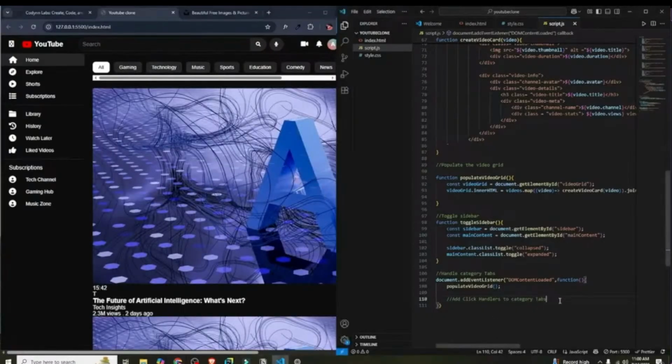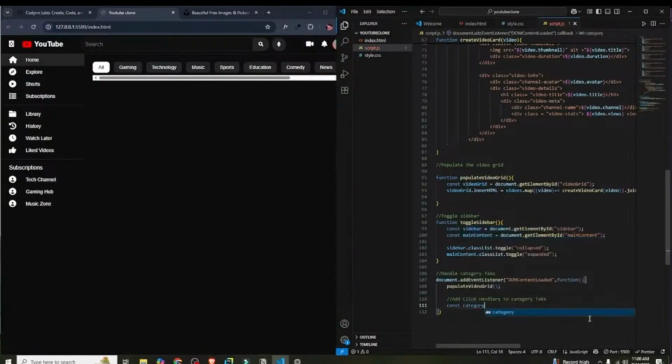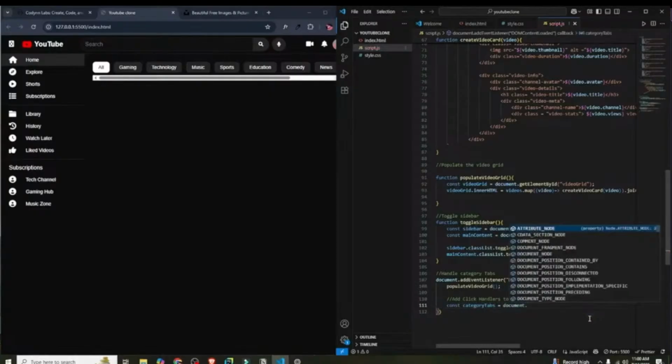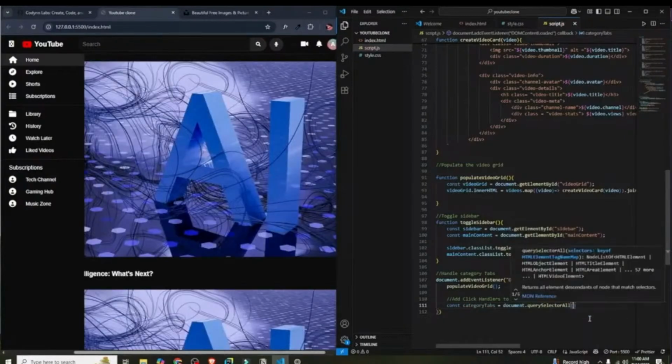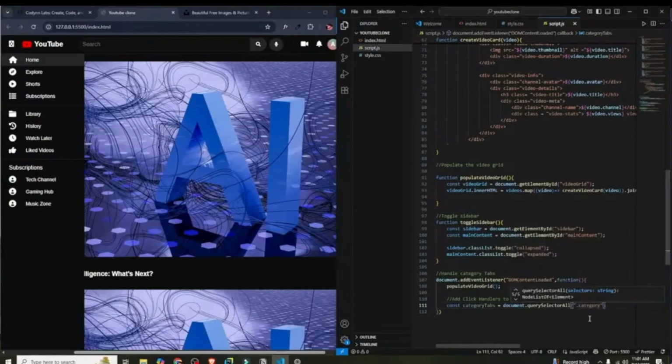But after this, first of all we'll select the category tabs. So const categoryTabs, let's keep it small, and we will select this by document.querySelectorAll, and then .category-tab. In this we have selected the category tabs, and after selecting it,